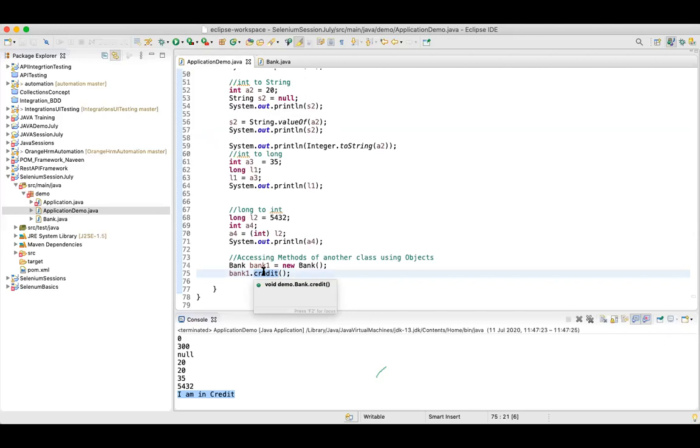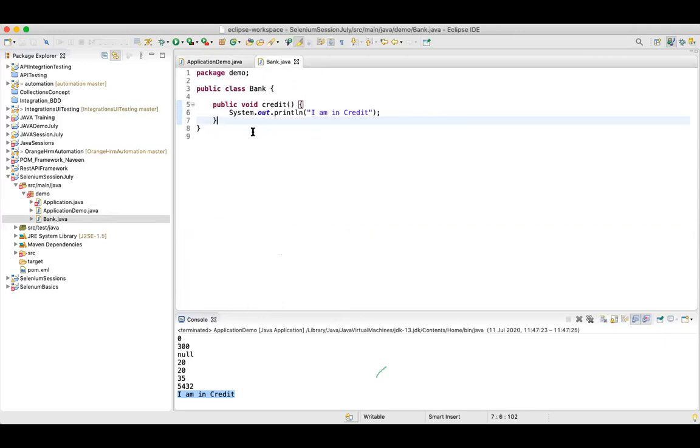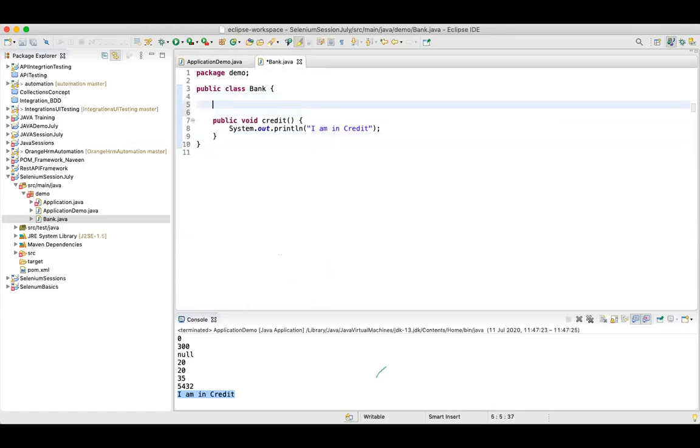Okay, so in a similar fashion, when I say constructor, first we will see how you create a constructor. You can create your constructor simply by using the class name.